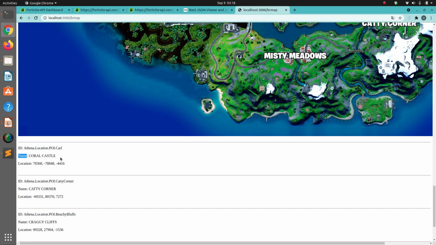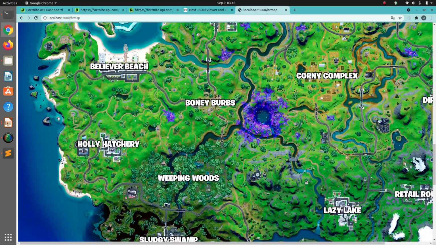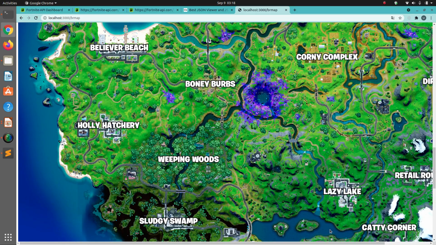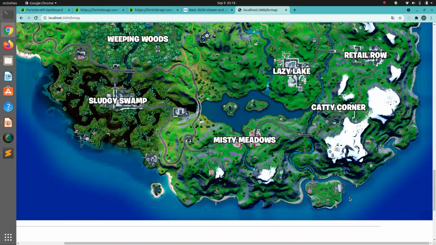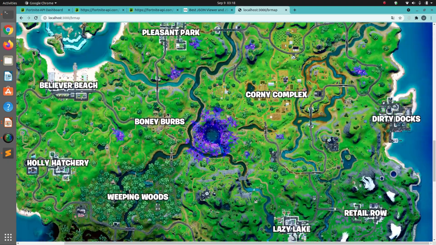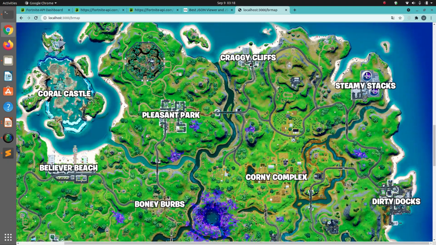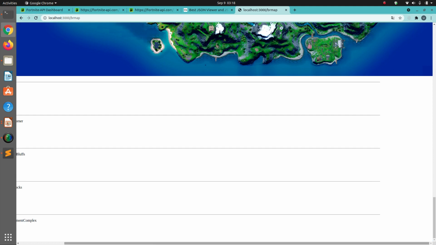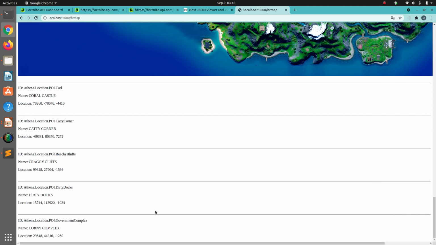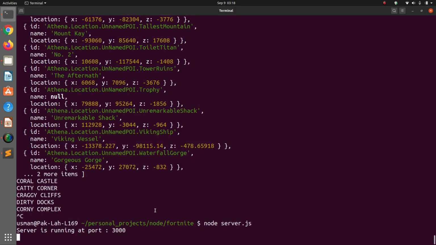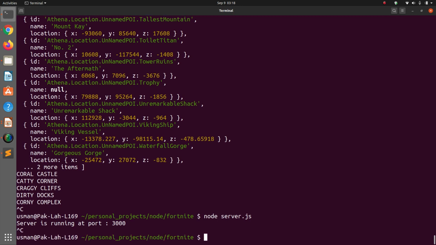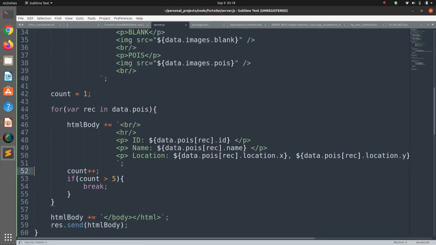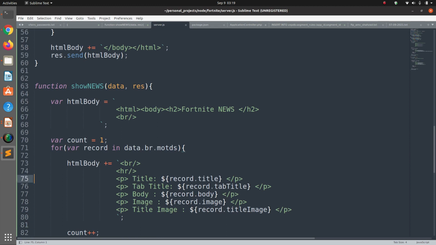So Coral Castle is, where is Coral Castle? Okay, it's here, right here. So basically what we have done is we have called the beer map API that I'll show to you shortly. So let's check out the news